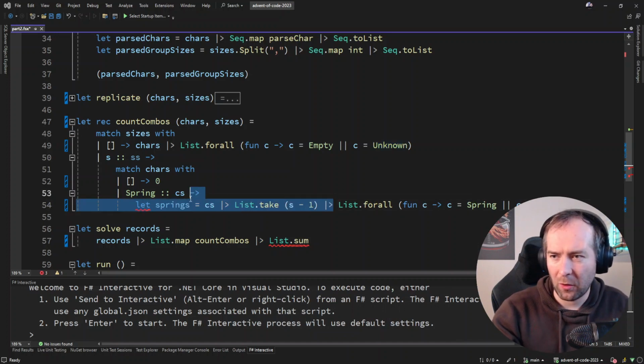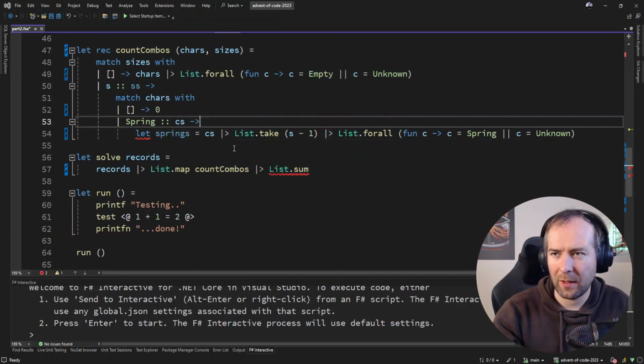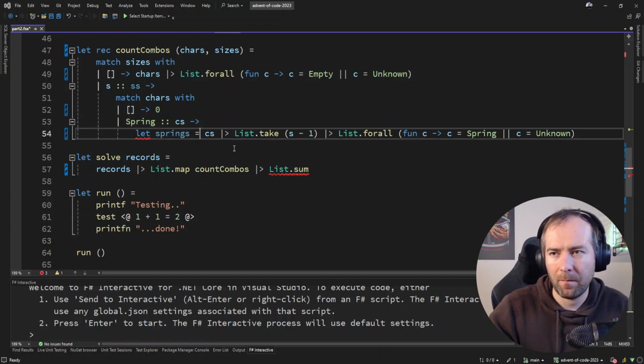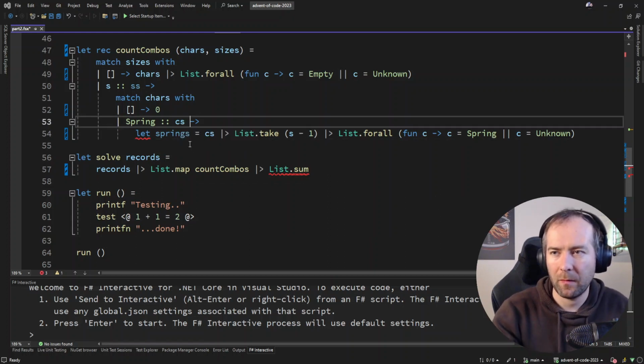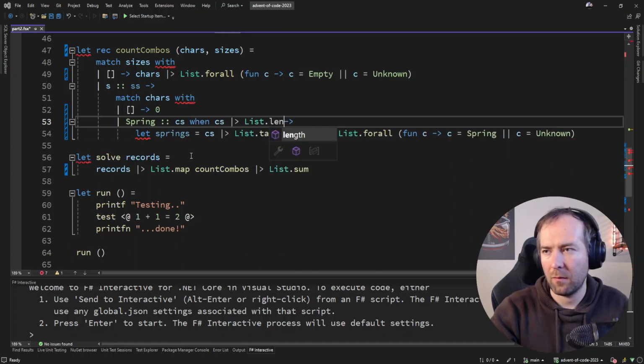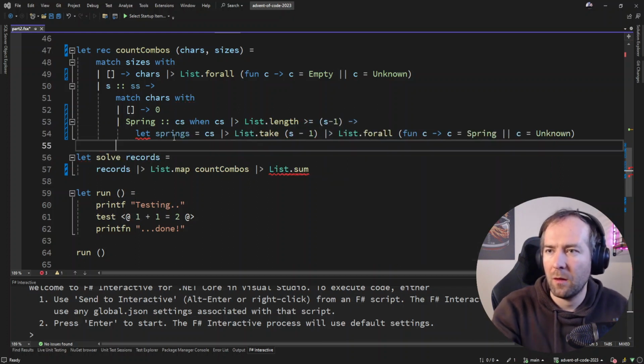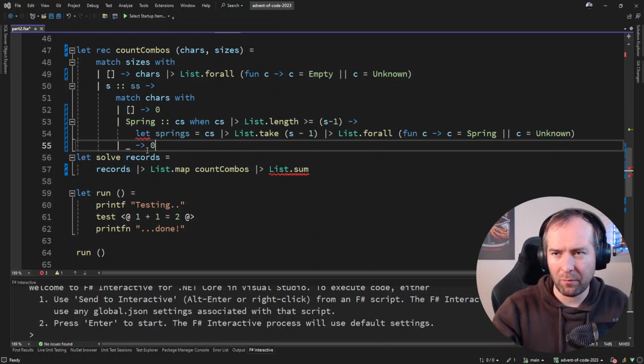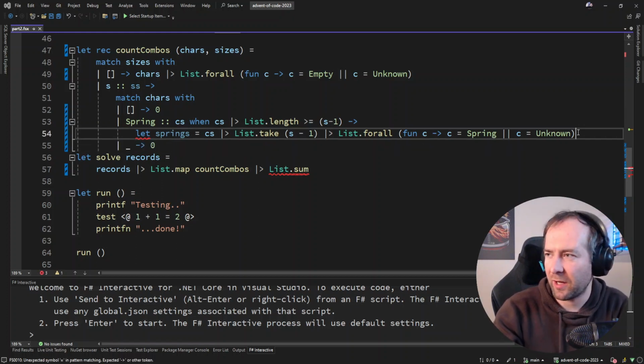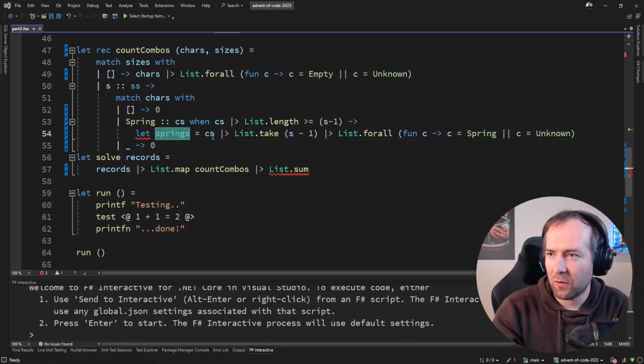This can go out of bounds, so if we don't have enough characters, we have a problem. So this has to hold, otherwise we have a problem. So let's use a pattern match, a catch-all. So if these are all springs,